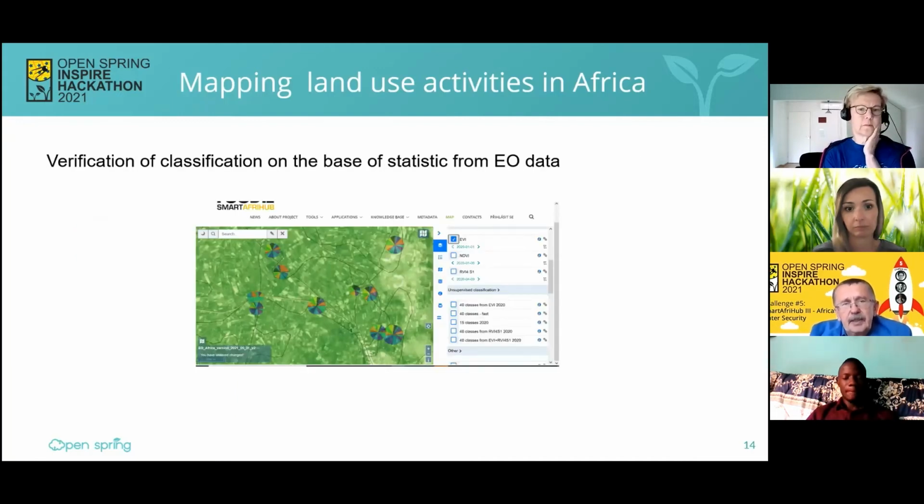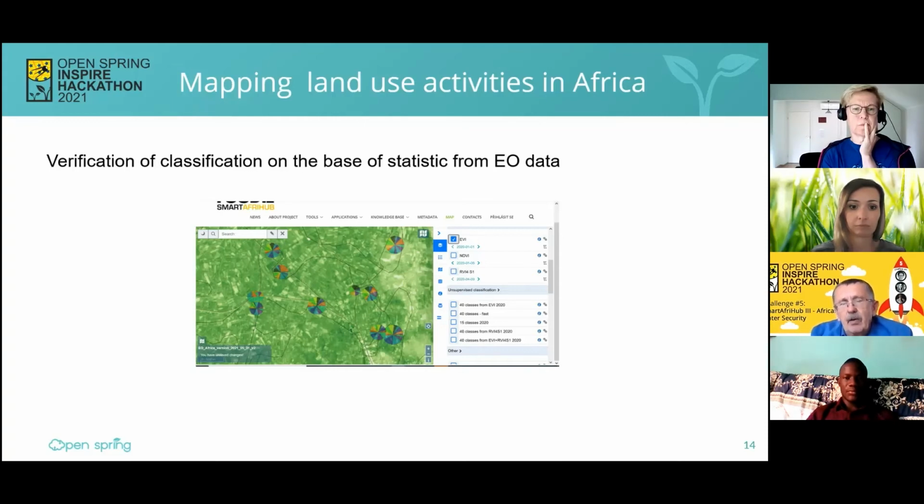Here you can see some statistics which were done for single areas based on unsupervised classification. So we calculate for every area which classes of unsupervised classification are inside of every polygon, and then we provide classification of this polygon.